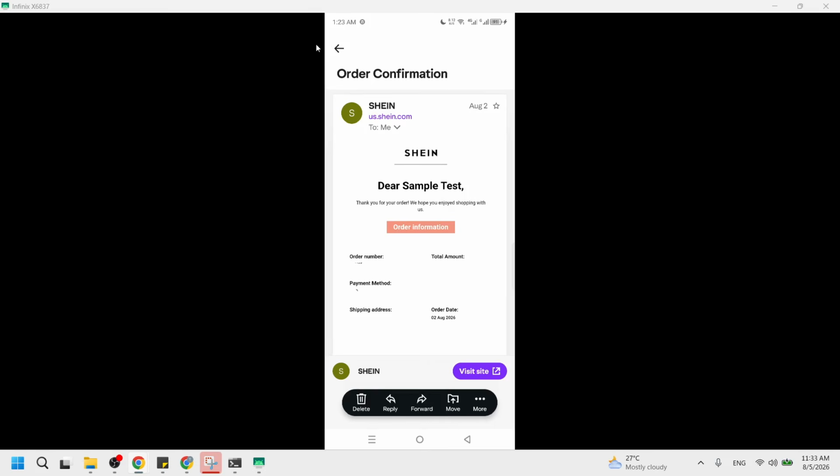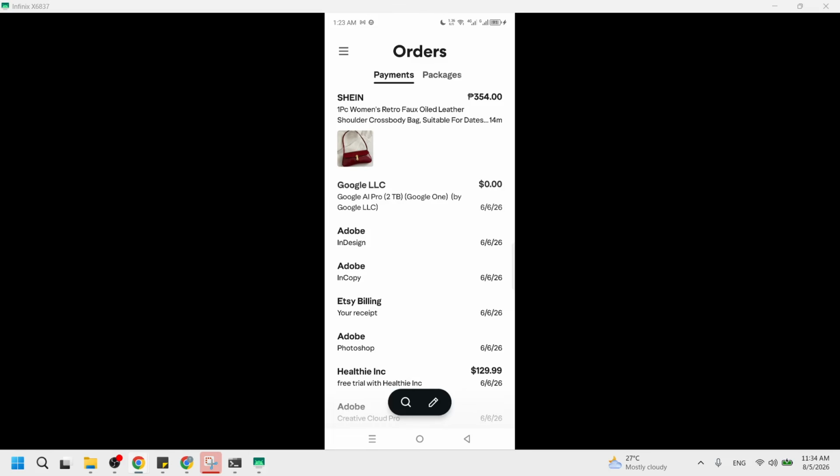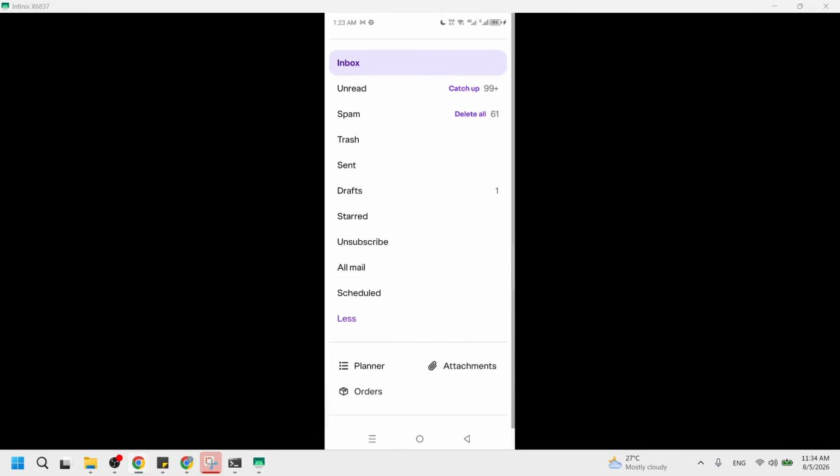If you have several receipts to scrub from the history layout, go back to the orders list and repeat this process on each transaction. A helpful habit is to clear them in small groups, so you do not accidentally delete something unrelated. With a few receipts moved, go back to your main navigation folder list. Use the back arrow in the top left until you see the full list of folders again, similar to what you saw earlier when you opened the side menu. This list should include inbox, drafts, sent, spam, and trash, along with any custom folders you use.